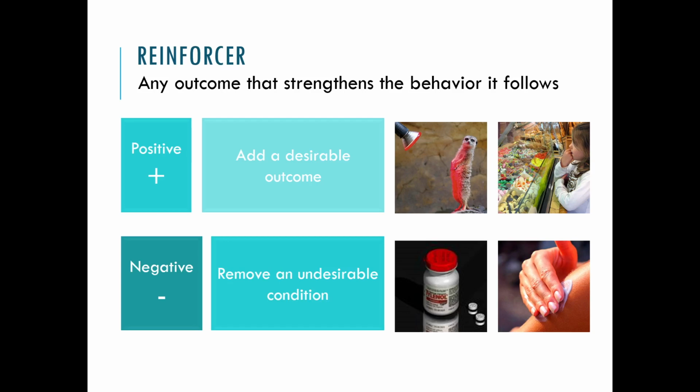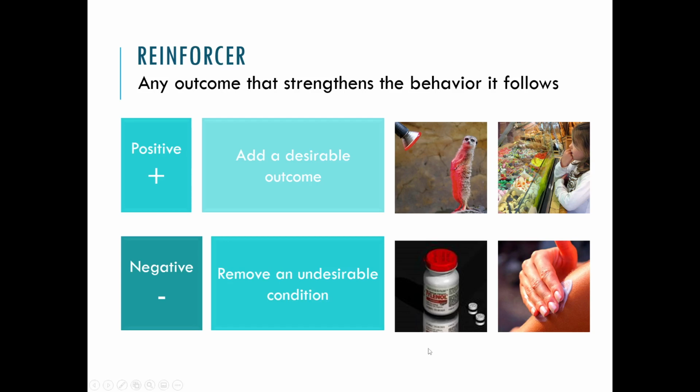I'll leave you with one last example of that, which is your vehicle. Your car probably has you on a negative reinforcement schedule for wearing your seatbelt. It pings or beeps or buzzes until you lock your seatbelt in place. That's a negative reinforcer. It'll stop making that annoying sound if you'll just use your seatbelt. So it kind of guides you towards the desirable behavior through this removing of an undesirable condition, the buzzing or the pinging or whatever it's doing.